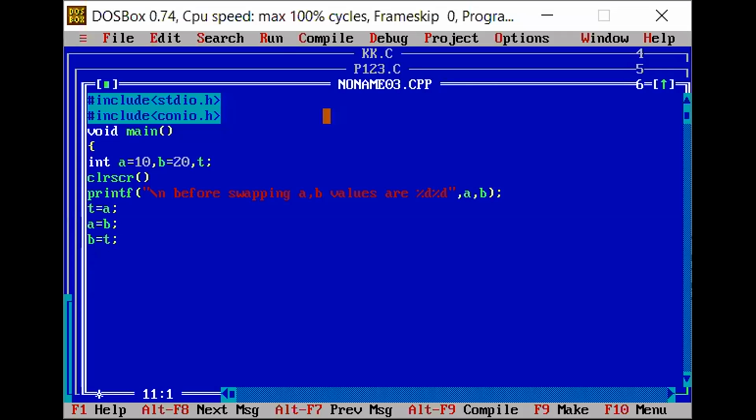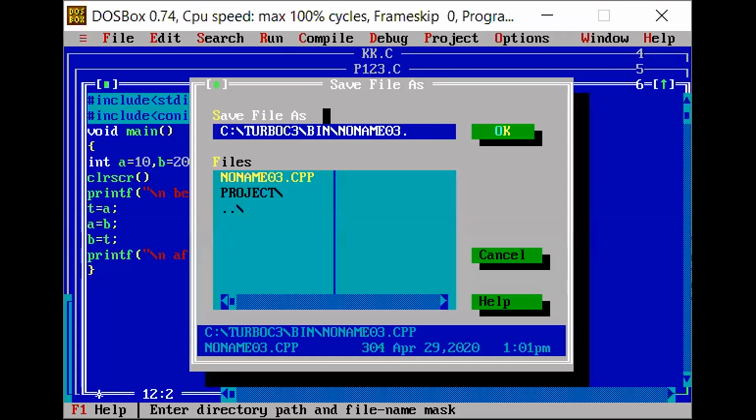Okay. Then print AB values now. Slash n, after swapping A comma B values are %d, %d, A comma B. Okay. Save this program.